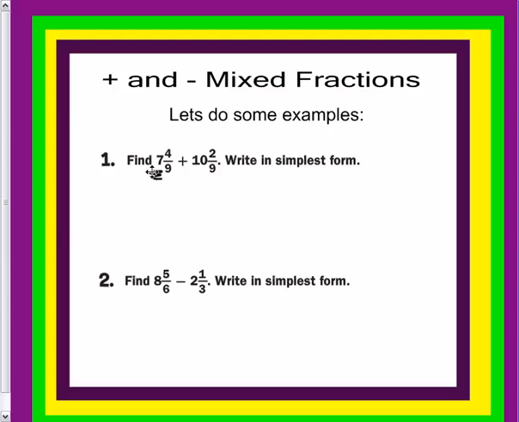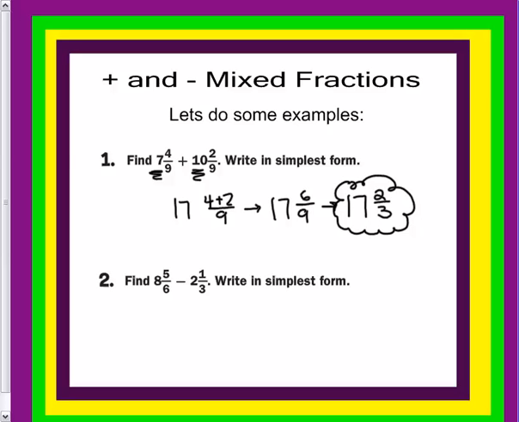So the cool thing about these is we can first add the integers. So we would get 17, and then we can add the fractions. So really what we have here is 17 and 6/9. Okay, but we're not done there. We've got 17 and 6/9. We can simplify that to 2/3. Okay, and that's what they mean by simplest form. This is technically not in simplest form. We've got to make sure that we first put it in simplest form by